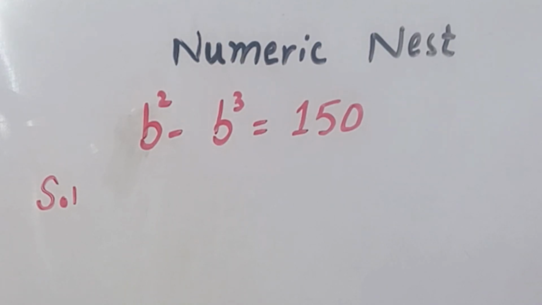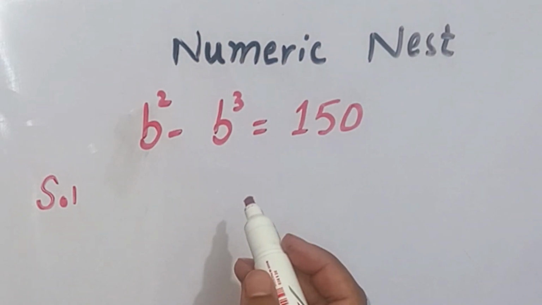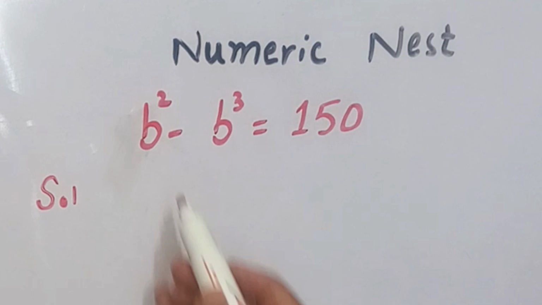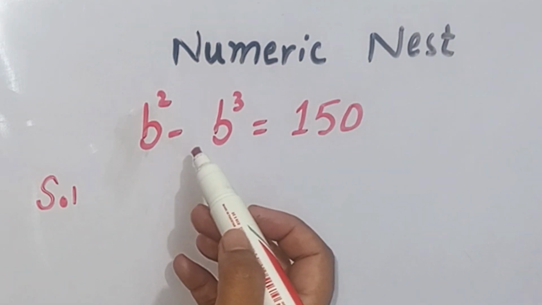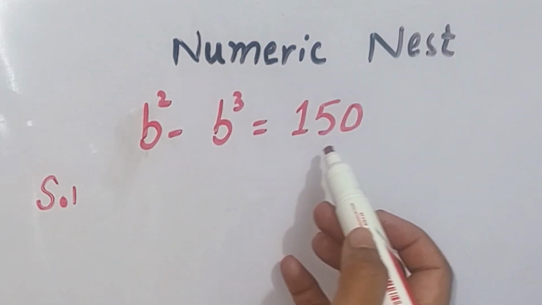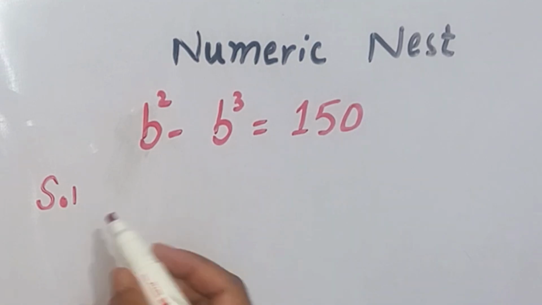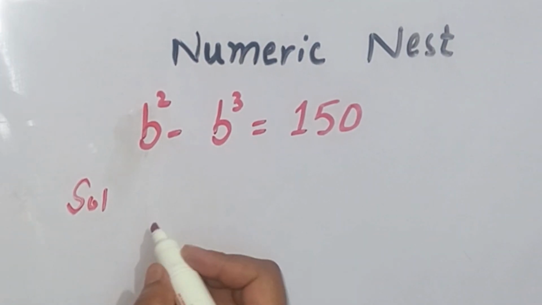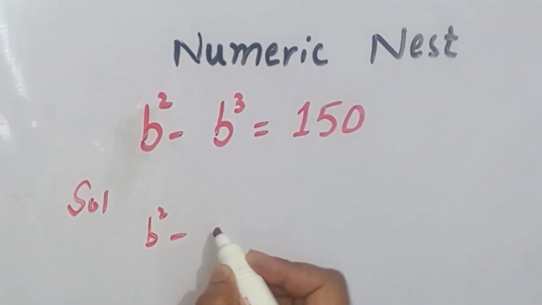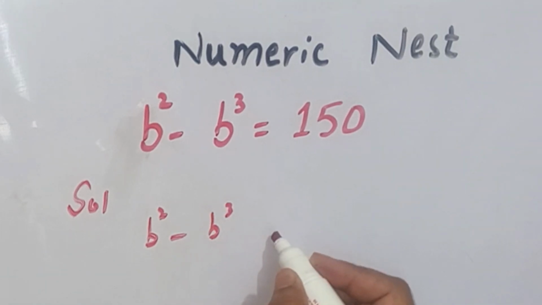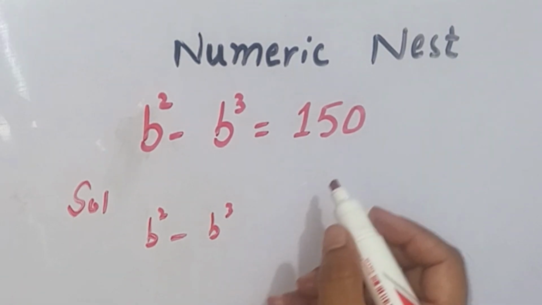Join me as I take on this crazy math Olympiad problem. Can I figure out b square minus b cube? This is equal to 150. Let's find out. We copy the left hand side, b square minus b cube, and we subtract